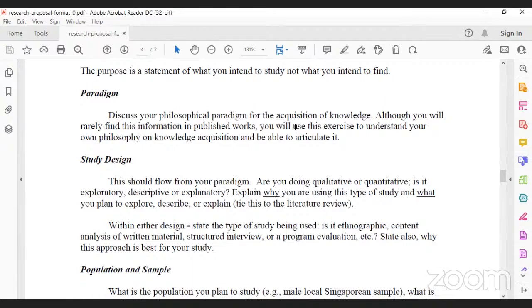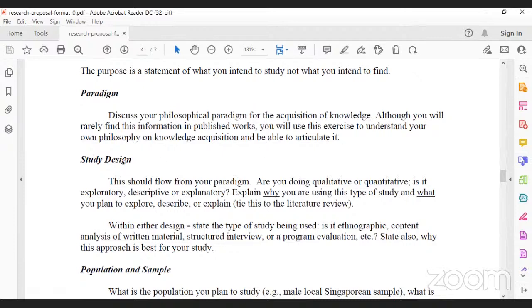Do you want to understand how a person feels, or you want to statistically identify how many people in a banking industry are honest and have integrity, and you want to put a number to that? What is your philosophical idea of dealing with that problem? So the paradigm, you don't have to specifically mention it, but it reflects in your study